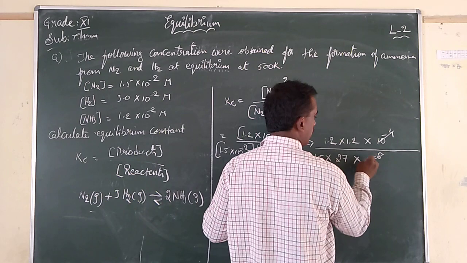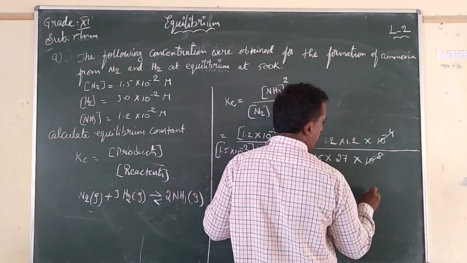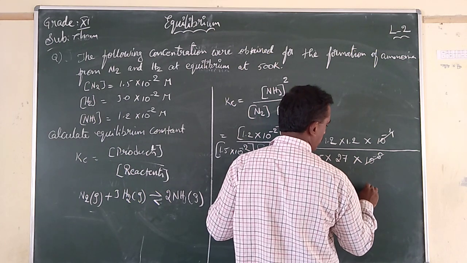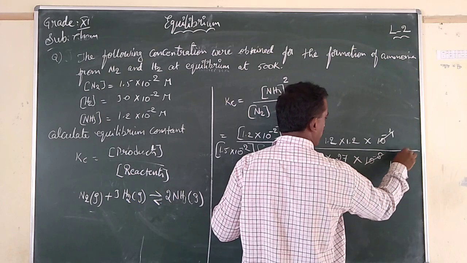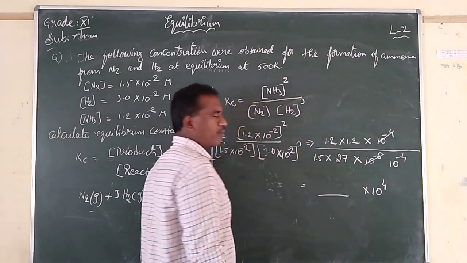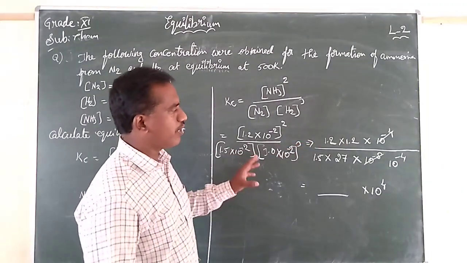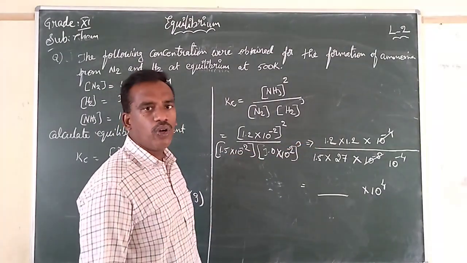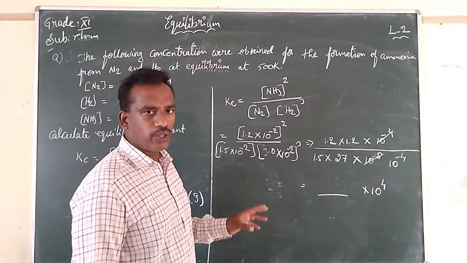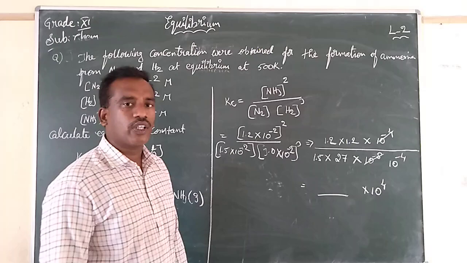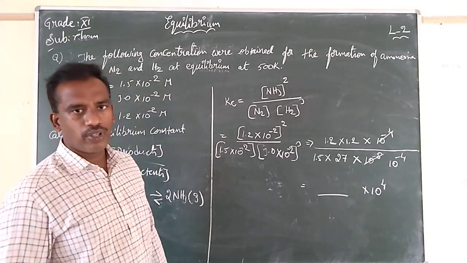So the 4 and 8 are struck down and you complete your calculation and express the value. That will be in the value of 10 power 4. Here still 10 power minus 4 is there. When it is going for the numerator, it will become 10 power 4. And upon calculating, you will get some value, enter the value here. So this is what generally you will be using to calculate the equilibrium constant in any of the given questions. I hope you understood.